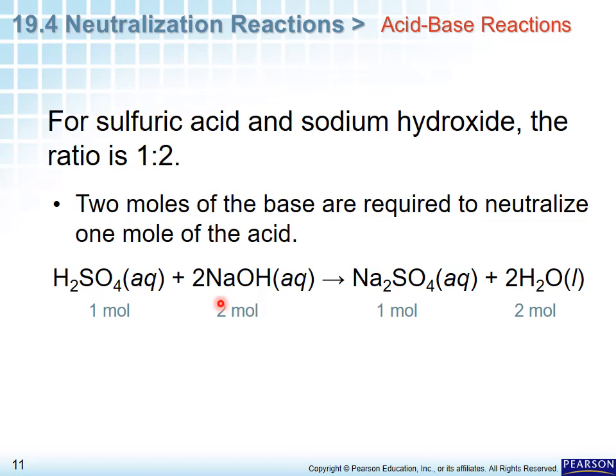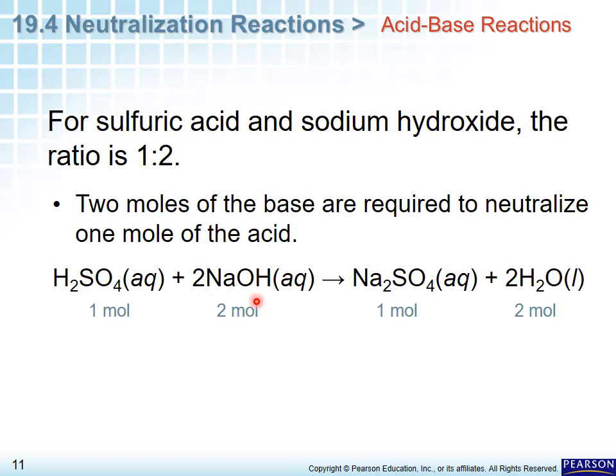Here you can see NaOH. In NaOH, one molecule, leave this 2 for a while, think only NaOH. In NaOH, only one OH is present. So one OH will neutralize one H+. But there is no OH ion left to neutralize the other H+ ion. So we need 2 OH ions, and the only possibility is that we use 2 NaOH molecules or